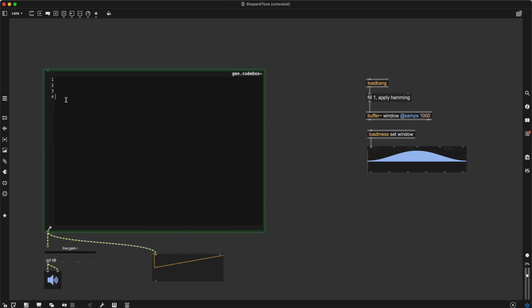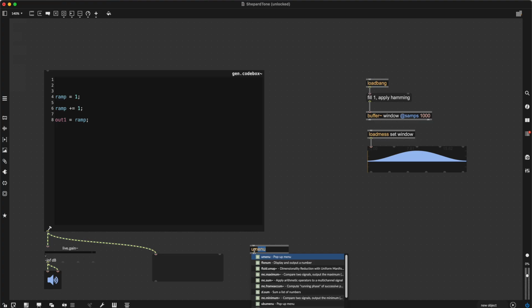And if we want to create a rising ramp and do something like ramp equals 1, and then put the output here, and then say something like ramp plus equals 1,